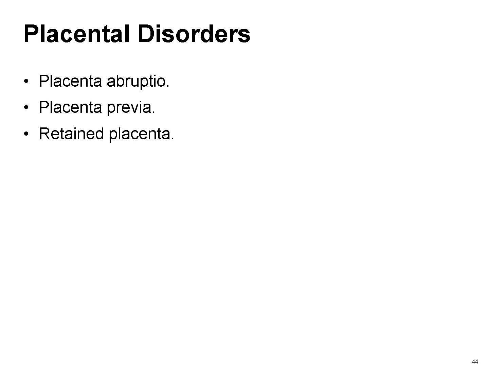Complications involving the placenta can significantly impact labor and delivery. Let's explore three key conditions: placenta abruptio, placenta previa, and retained placenta. Placenta abruptio occurs when the placenta separates from the uterine wall before delivery. It can lead to fetal distress and anoxia, lack of oxygen, posing serious risks to both the baby and mother.